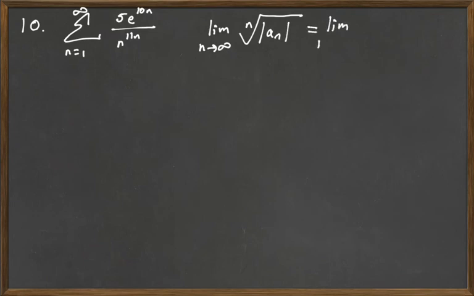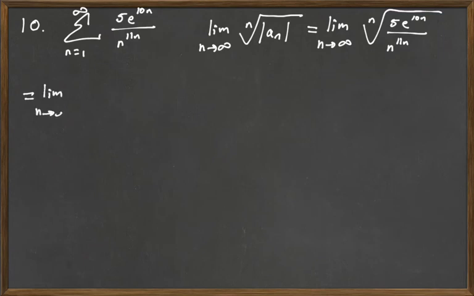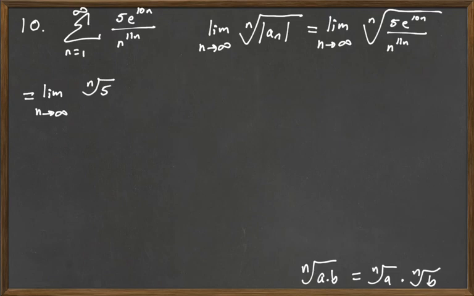This is going to be equal to the limit as n goes to infinity of the nth root of 5e to the 10n over n to the 11n. And we can go ahead and apply properties of roots here. So the nth root of a times b is equal to the nth root of a times the nth root of b. So we're going to apply that to the 5 and to the e to the 10n. So that'd be nth root of 5, and then the